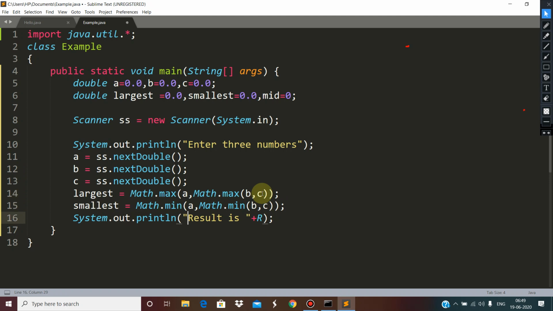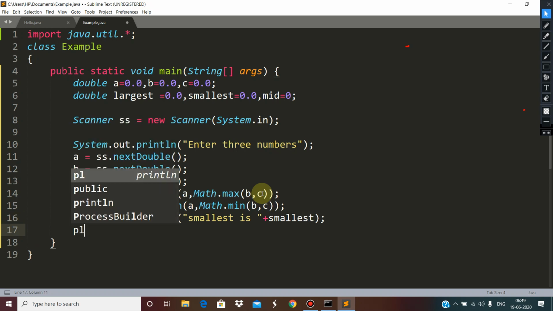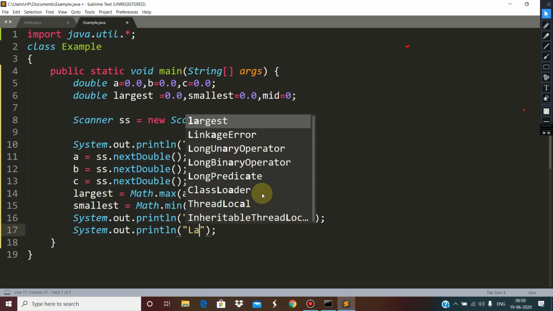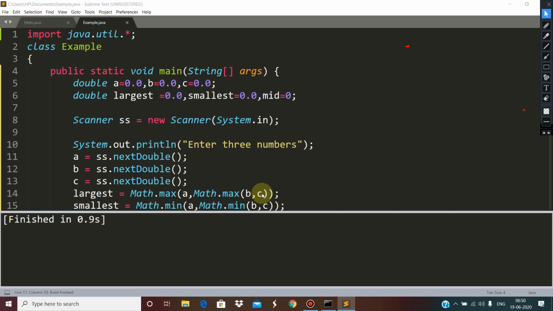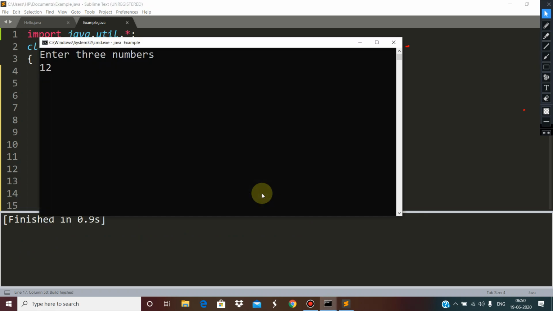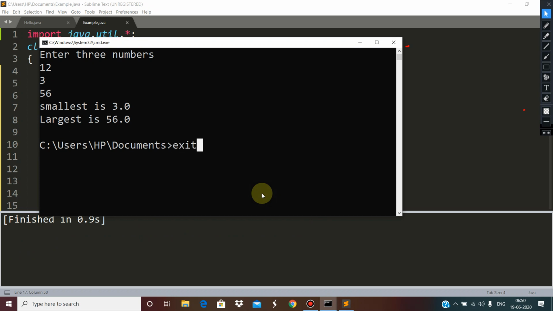So here we have got the smallest and the largest. Children, for the three numbers we have got the smallest as 3 and the largest as 56.0.